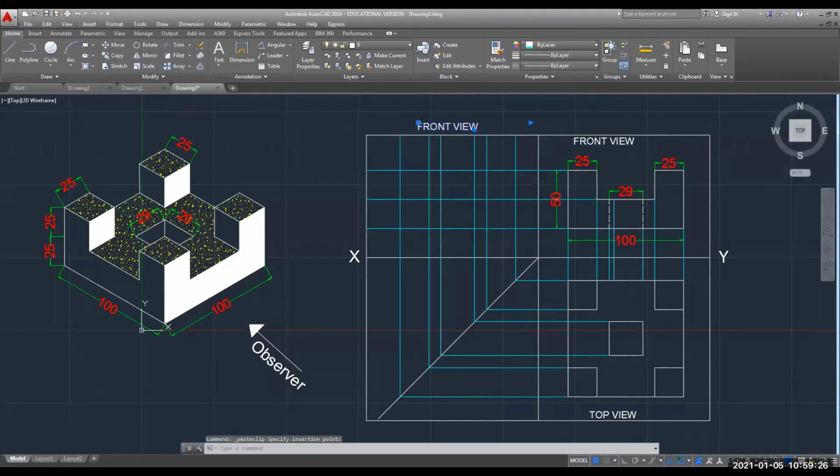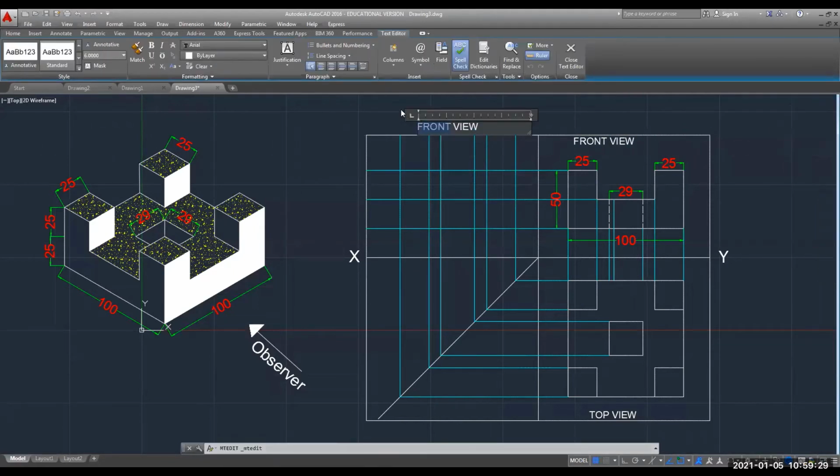This will be which view? Left hand side view or right hand side view? Left side of the front view I am drawing. Left side of my front view, I am using first angle projection method. So keep in your mind that this is your right hand side view.